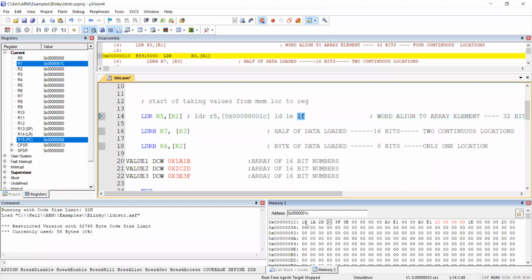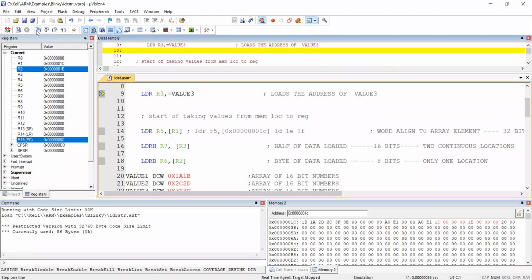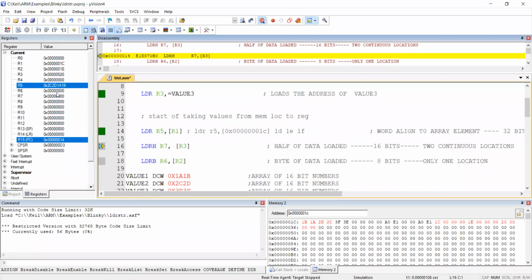So totally what data am I going to get? 1A, 1B, 2C, 2D. I will get that in R5. So what is present in R5? Nothing before; you can see here, next R5 has 1B, 1A, 2D, 2C. Have you got that?